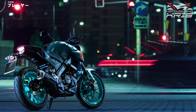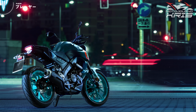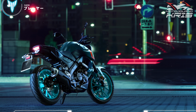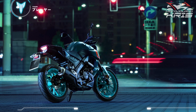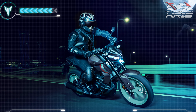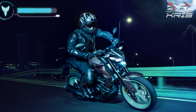Straight up we see the main update from the 2023 MT-07 carried across. That's the TFT display, and the MT-125 will be running the same 5-inch TFT. You'll just be limited to the one display mode, which is the street theme, where the MT-07 gets an additional display option. The new dash will connect to a smartphone via the My Ride app and allow call, email and message notifications,